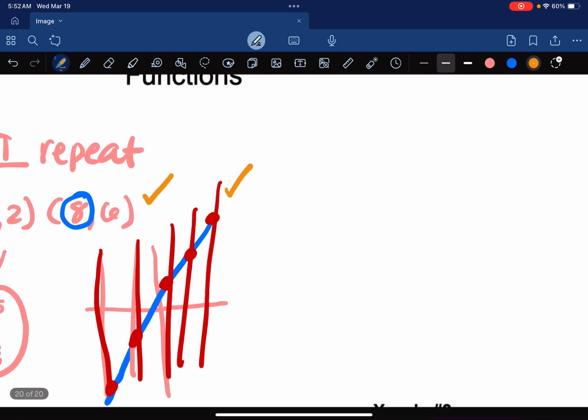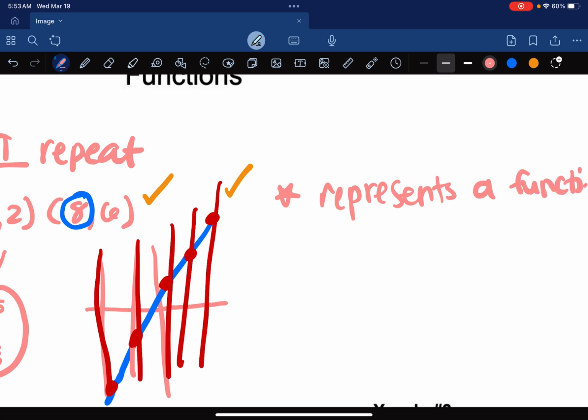Okay, one more way that you'll see a question like this will be, it will ask you why something represents a function. And in that case, you're going to look for the answer choice that says something like, blank represents a function because